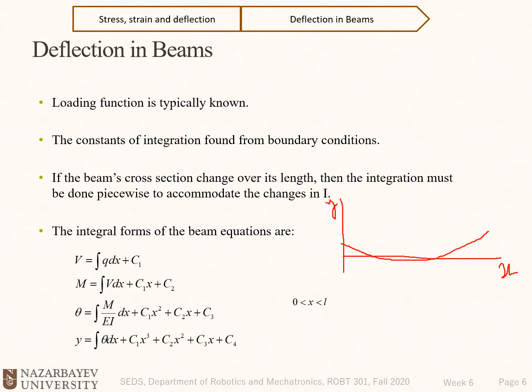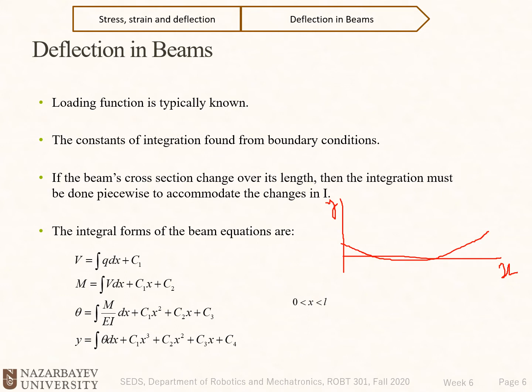Okay, so this one is x, this one is y, this one is a function, and the slope of this function is the derivative of y. So theta is the derivative of y, and the second derivative of y is equal to M divided by EI. Okay, so then we'll end up having these equations: theta is equal to the integral of M divided by EI